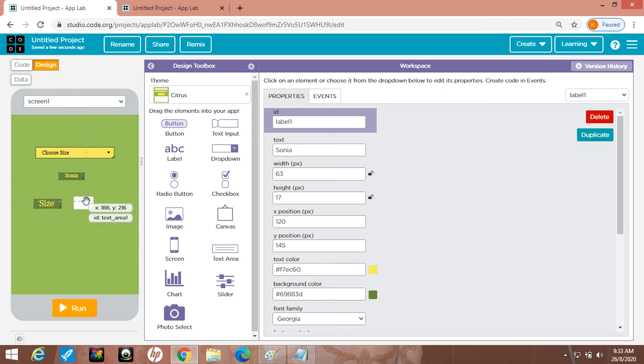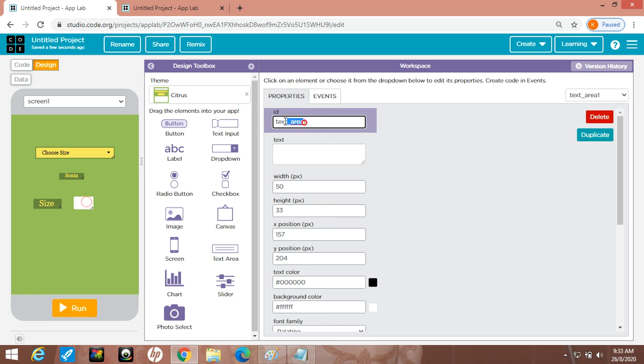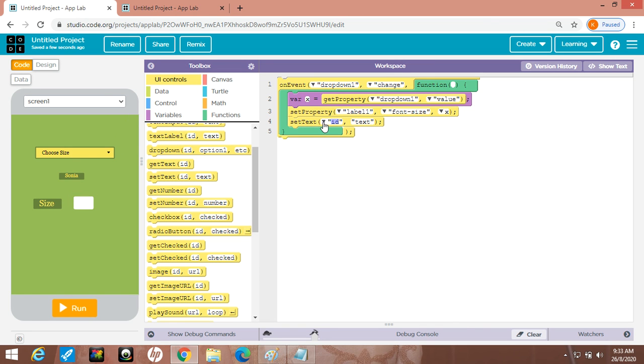Go to the design section, look at this design. This is text area1. You want to set the text of text area1. I am clicking on text area1. By which value do you want to set it? I am writing x here. If x is in double quotes, it means it is a constant. I am taking a variable because I want to change the value in my text area. Whatever I select, 10, 20, 30, the value should appear in this text area. I am selecting x here.